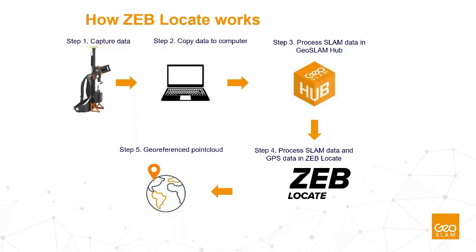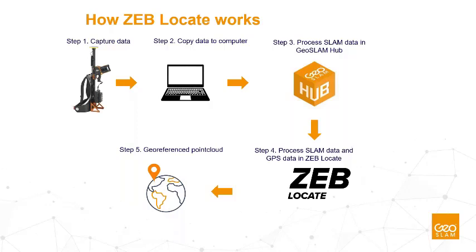We are now trying to test more and more GNSS antennas. We as GeoSLAM will not provide a GNSS antenna because we are not manufacturers here, but we can recommend you to test your own GPS antennas, provide us with your feedback, and if there is anything we need to add. We know that we need to add, for example, projections, because right now it works only in UTM coordinate systems, but this is something we are working on.